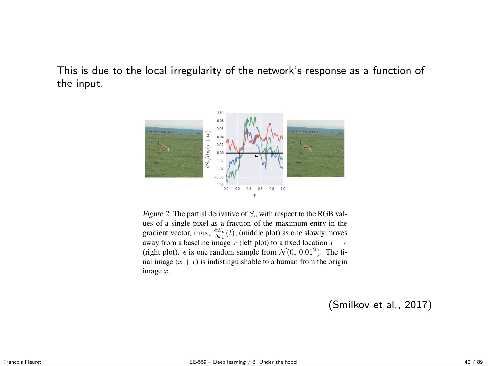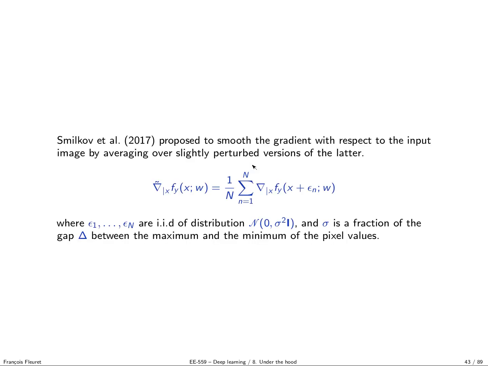Their solution was to compute not simply the gradient of the output with respect to the input, but to first generate a bunch of slightly randomized versions of the input by adding several times a bit of Gaussian noise, and to compute the same gradient but now averaged over those noisy versions. It can be formulated that way. They sample n noisy versions of the input, adding a little bit of Gaussian noise at every pixel. They compute the gradient of the output with respect to X for each slightly noisy version, and then they take the average of the gradients.